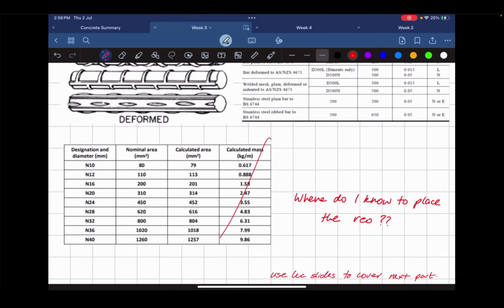Pretty much it's the extra bar that's required to let the bar reach yield stress. So it needs that extra length to bond over to allow it to reach yield stress. However, it might need to go outside the concrete itself, but obviously that's not possible. So what you do instead is you hook at the end, and it provides 50%